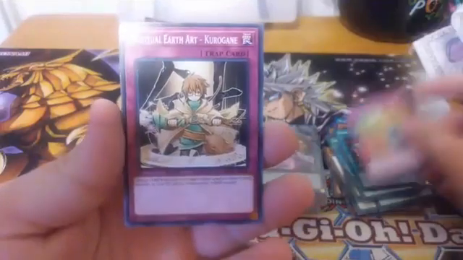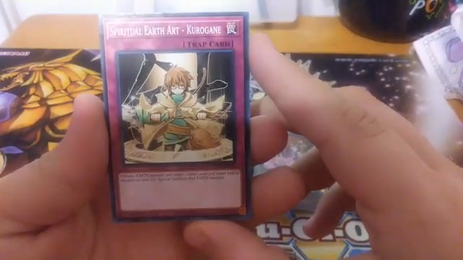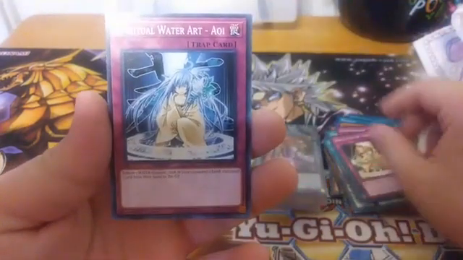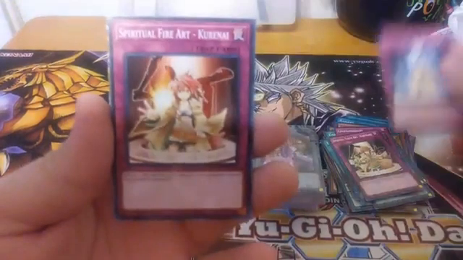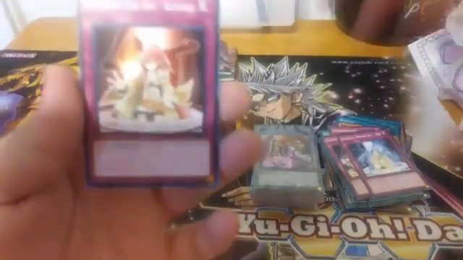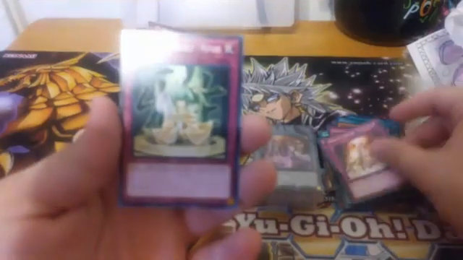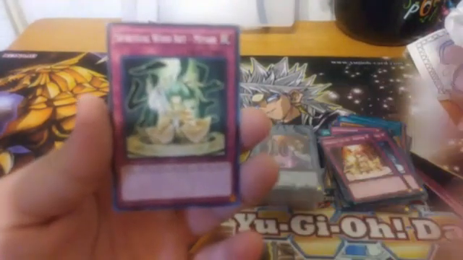Unpossessed, Spiritual Earth Art Kuragane, Spiritual Water Art Aoi, Spiritual Fire Art Kurinari, Spiritual Wind Art Miyorabi,